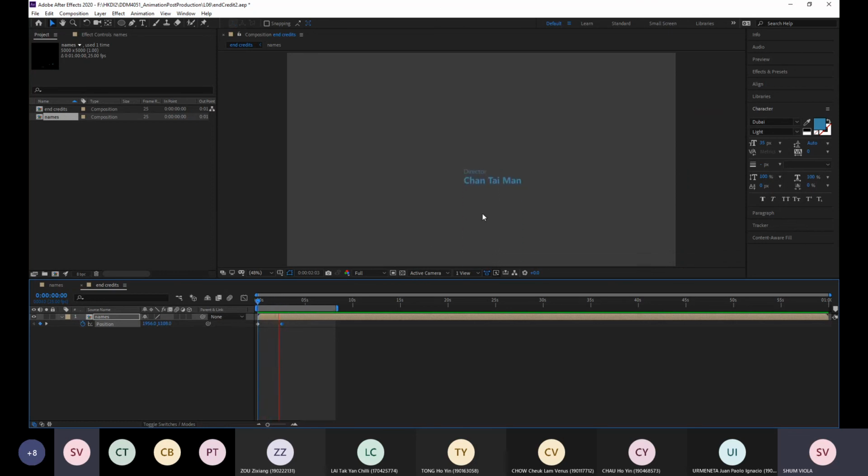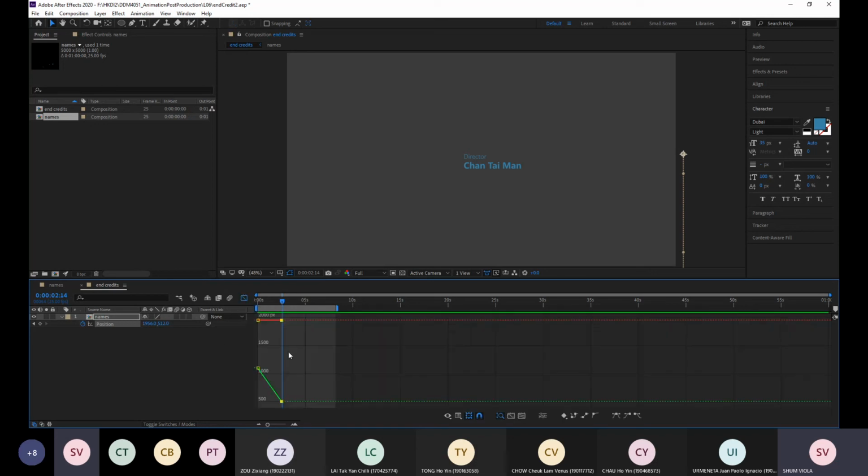The word is going from the bottom to the top to the center, and then it stops suddenly. So I will use the graph editor to slow down the animation before it stops. It should decelerate and stop. So let's do the graph editor again.